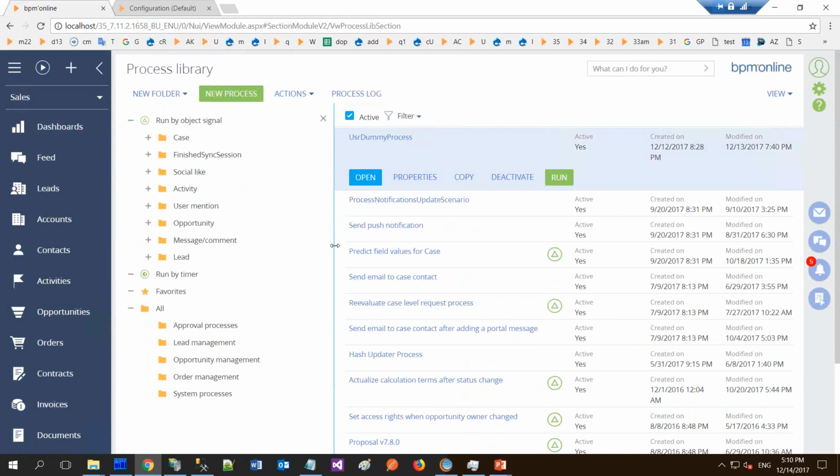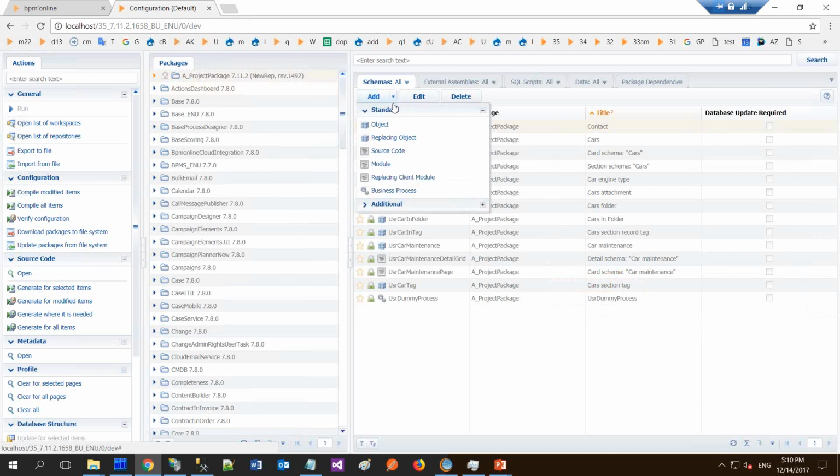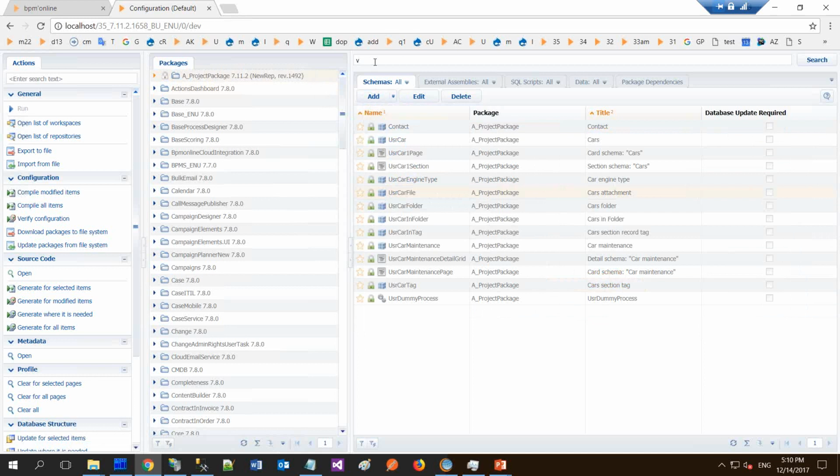Of course, we are mostly interested in creation of our own processes, and you can easily create a process from the Process Library, but I prefer to do it in our package, because it's very clear which is the current package. It's clear which is the list of schemas, and when we add one more business process item, this is also very clear. I need to tell you some common